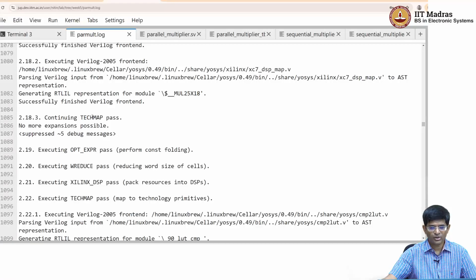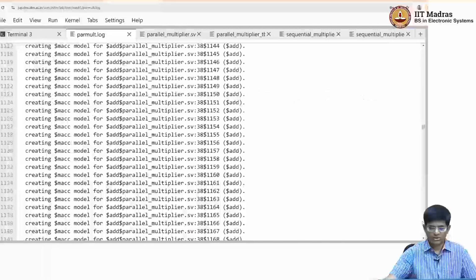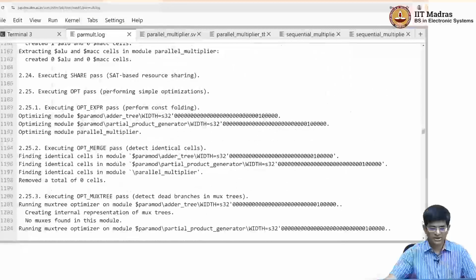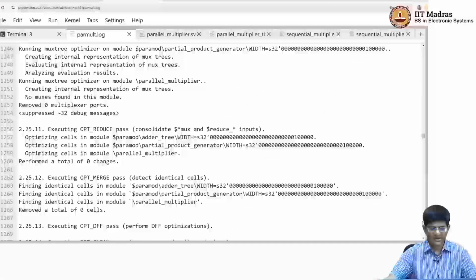We finally get to the technology mapping, which is where we have now gone from the intermediate language, the RTL-IL, and we are starting to move towards the technology stack that we have, which is basically lookup tables, flip-flops, DSP blocks and block RAMs. Essentially what it's saying is that it is going to map to what are called the technology primitives, which are essentially the blocks out of which an FPGA is made. So if we continue going down this, what we finally have is